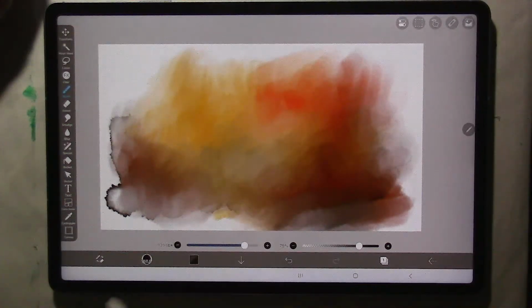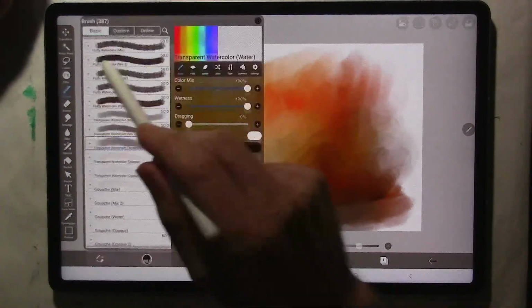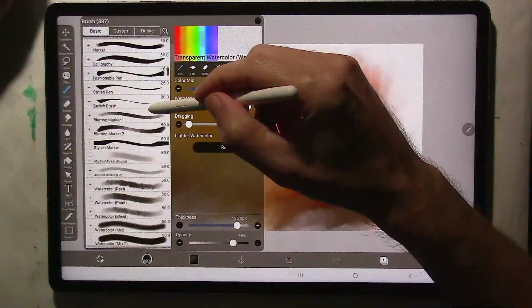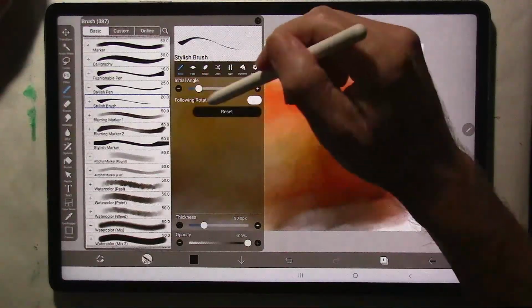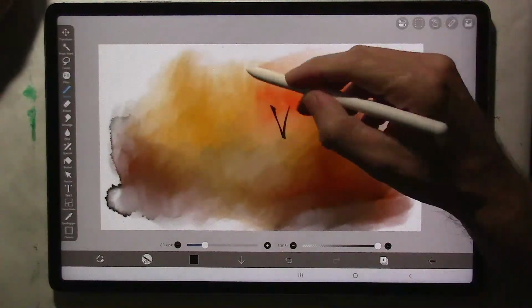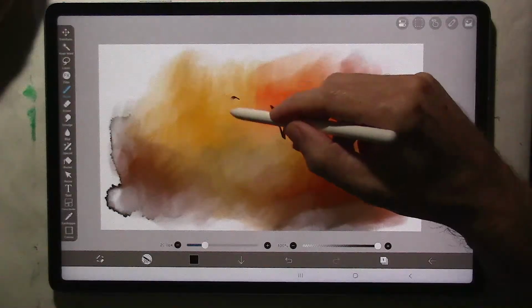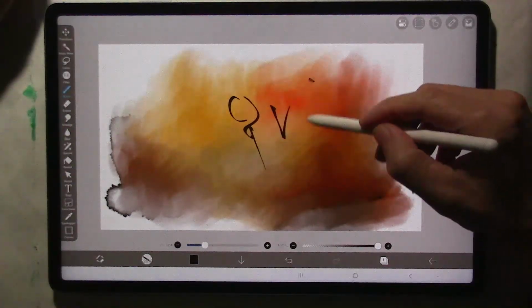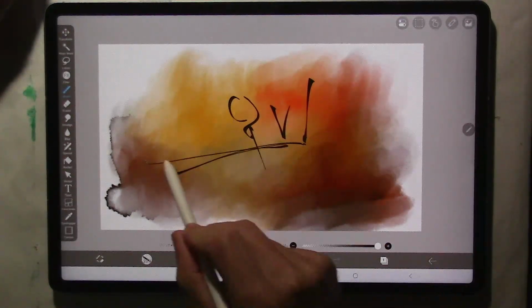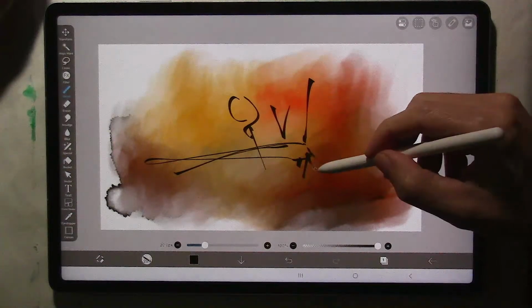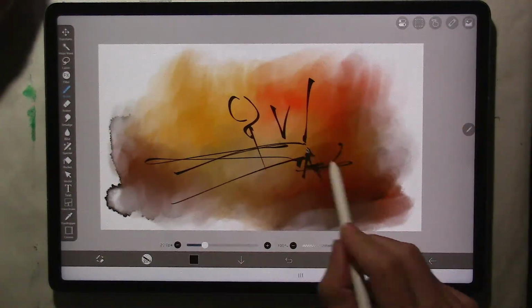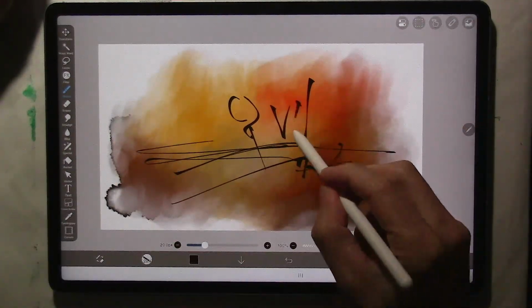Okay, this could be a background. And now let's find a pencil or something. This is a stylish brush. Okay, good one. Usually I'm drawing the characters, but I could also do some kind of environment or